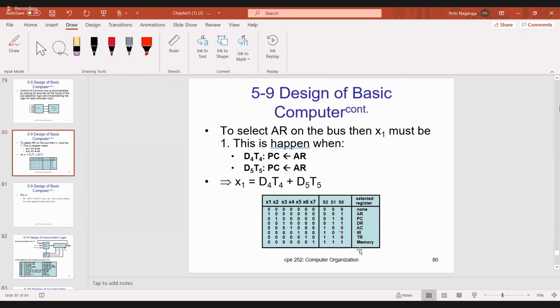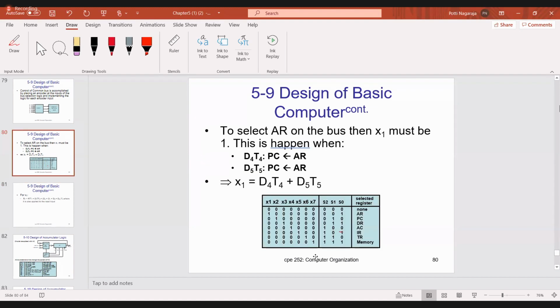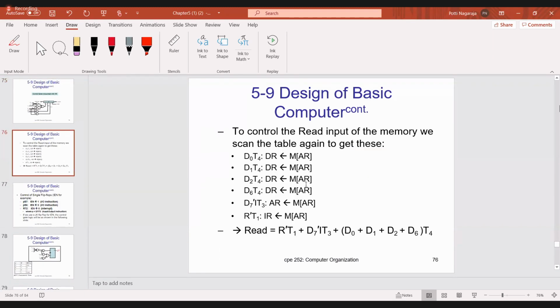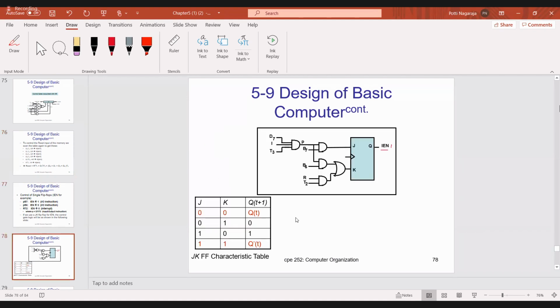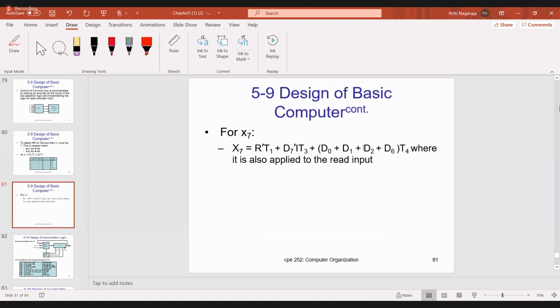So for selecting X7, what is the answer I have to write? X7 is with respect to the memory. Whenever you have selected the memory, that is X7. You already selected memory here. See here, in this case, totally how many are there? 1, 2. You are reading the memory now. So reading the memory, 1, 2, 3, 4, 5, 6. So this is the answer I have to write for X7. So 111, X7 is 1. X7 is 1 means reading the memory, so I have to get all those 6. X7 equals this.